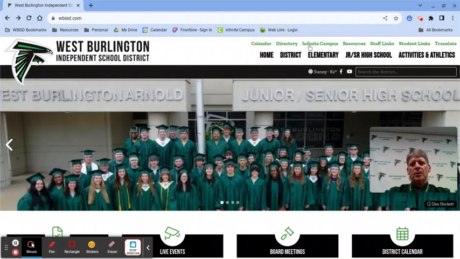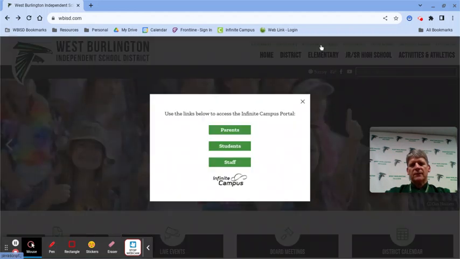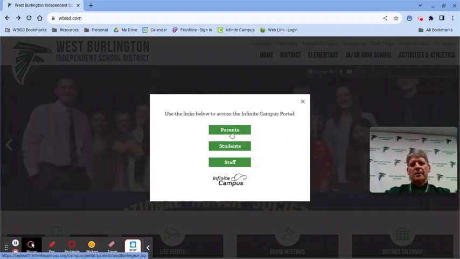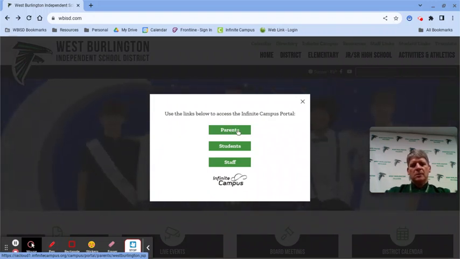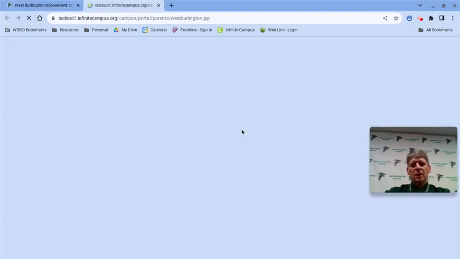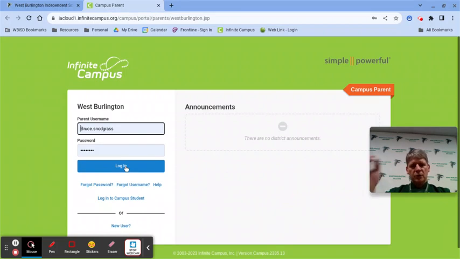And in the upper right-hand corner, where my cursor is right now, there's a little drop-down menu that says Infinite Campus. And then you go to parents, students, and staff. How you access the parent portal is by clicking on the parents toggle right here. And that will take you to the login page, in which you will enter your username and